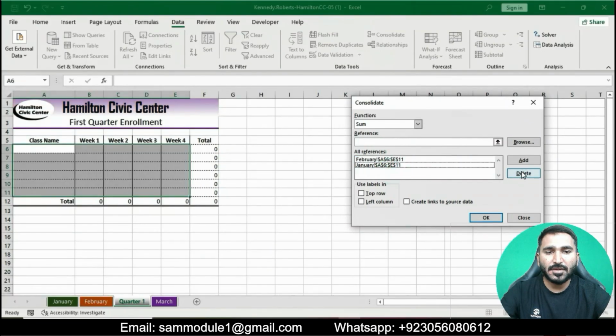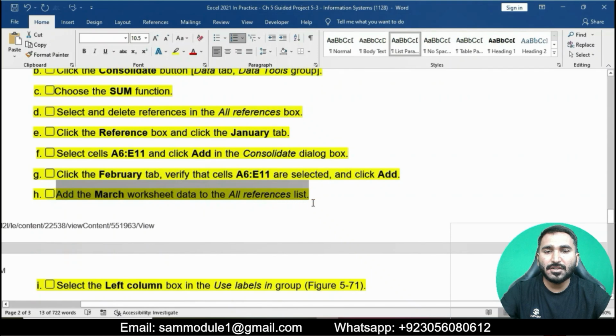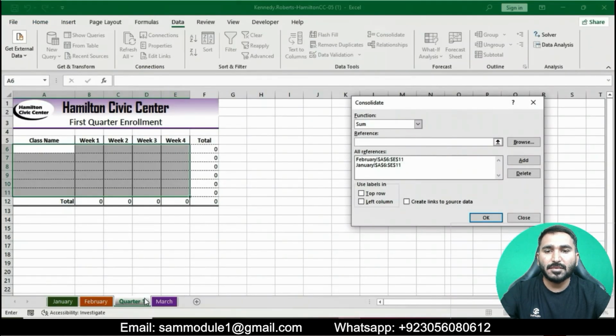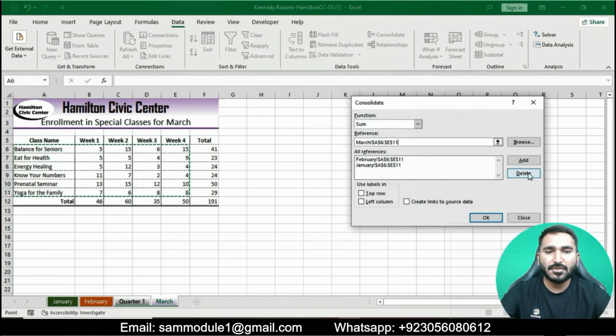Okay, February, and then add the March worksheet data to the all references list. Add the March worksheet data to the all references list, then click on add.